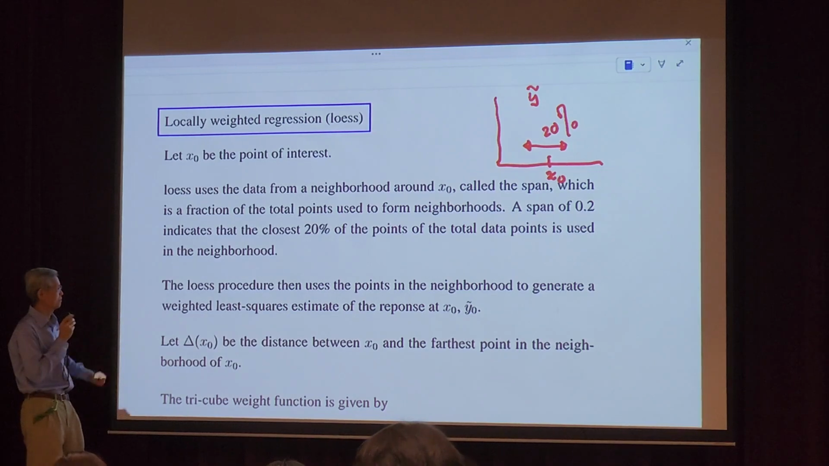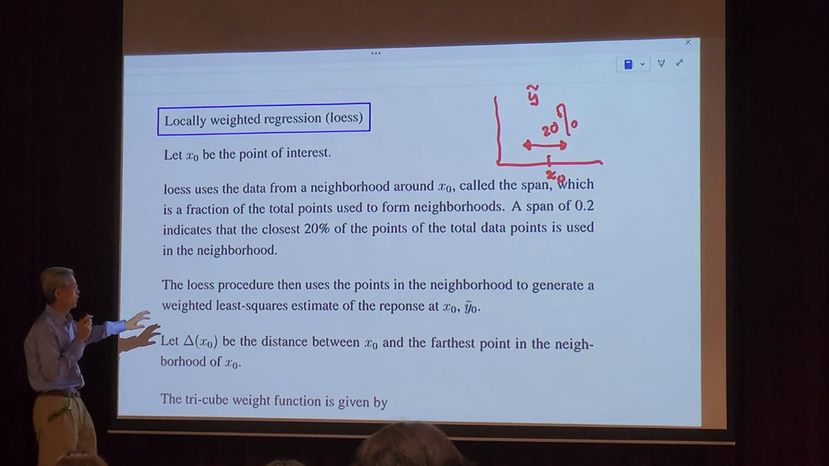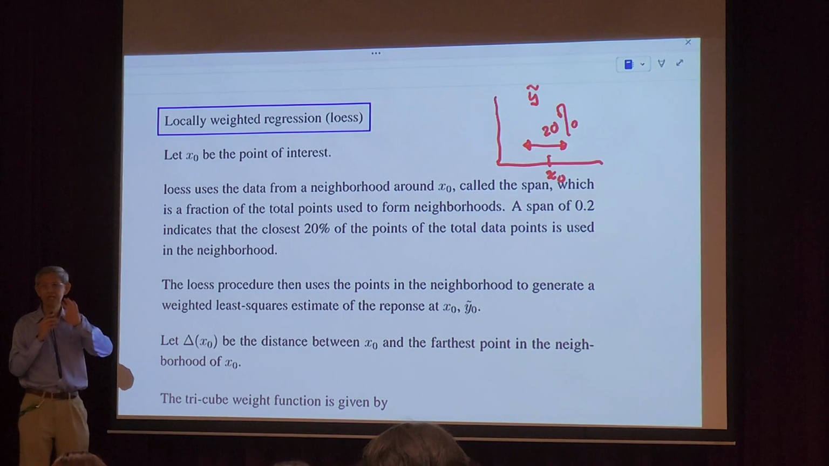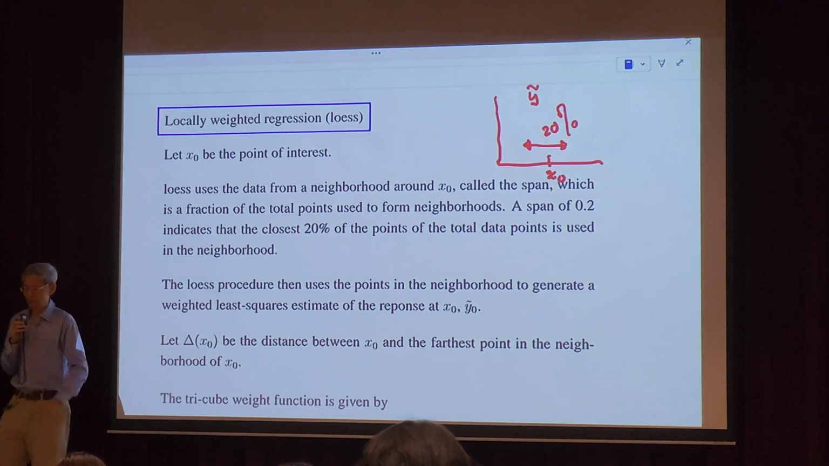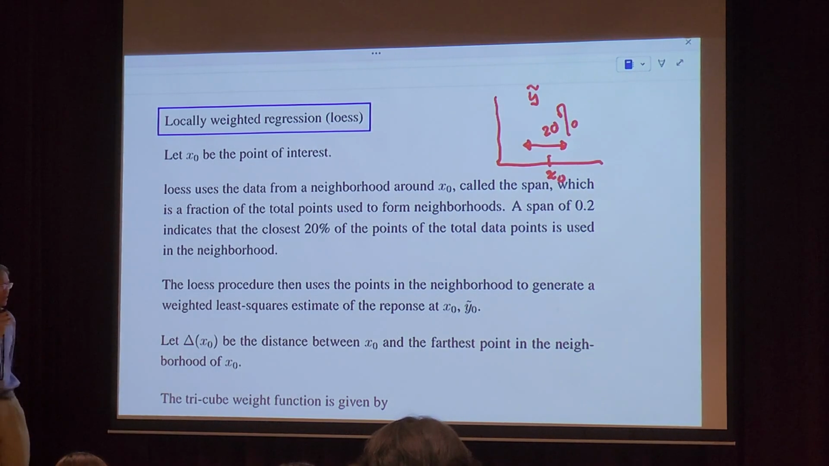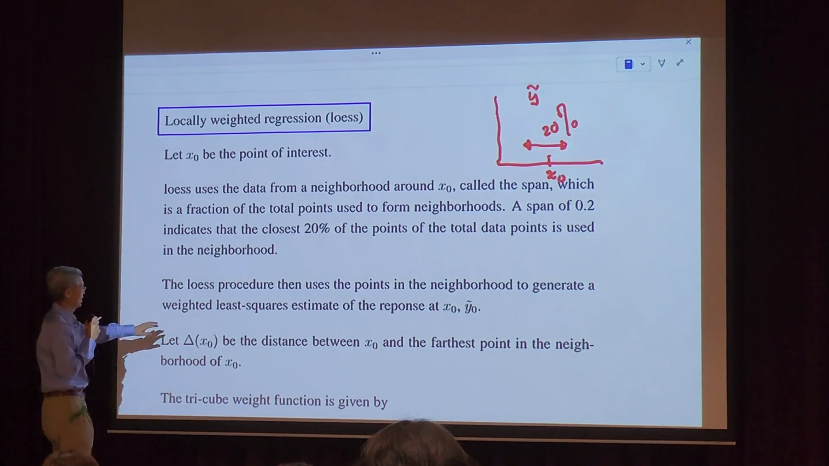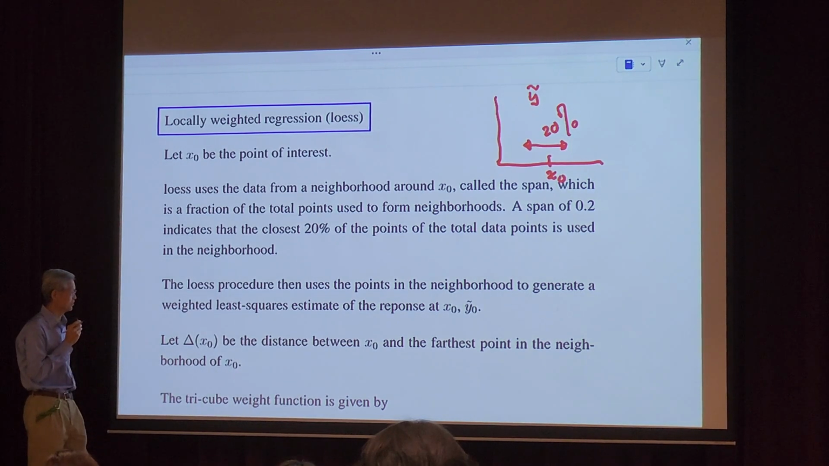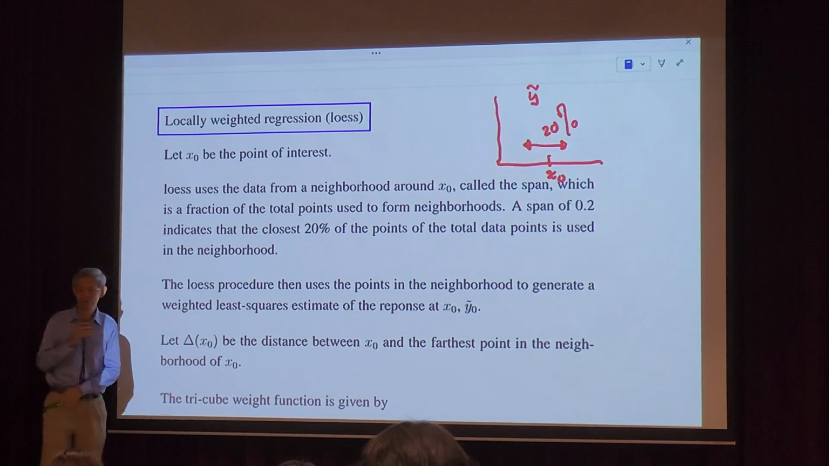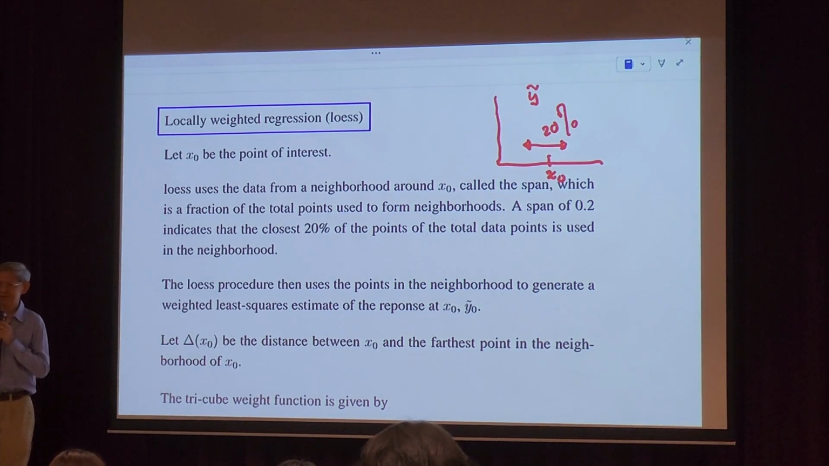Now here is different. For this 20% of the points, we will do a weighted least square regression. Well, what's weighted least square regression? Well, we learned it before, and this is one application of weighted least square regression. Now, for weighted least square regression, the variance